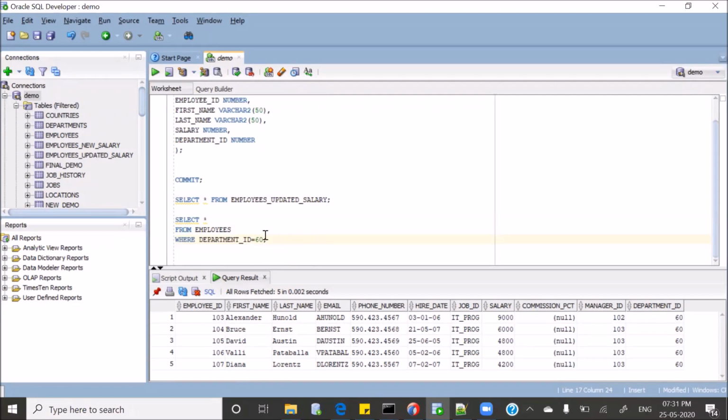In that for each activity, we will show how we can use sequential execution as well as parallel execution. For the scenario, we will take the data from this employee table and add 200 rupees to their salaries. Then we will import that data to another table, which is employees_updated_salary.